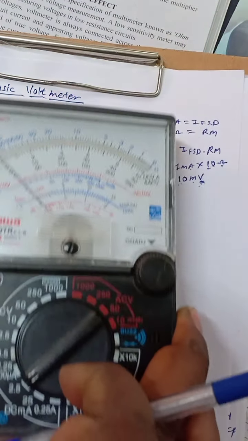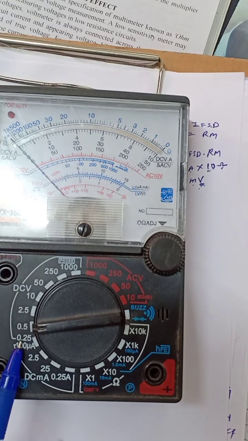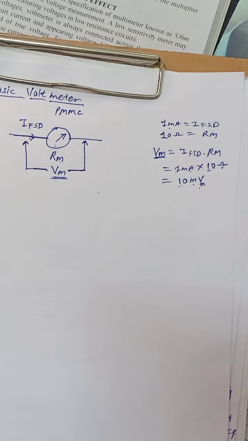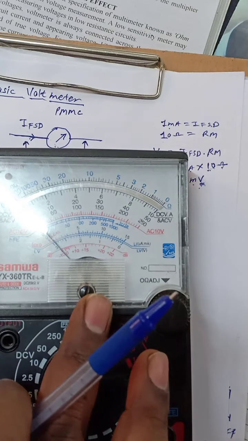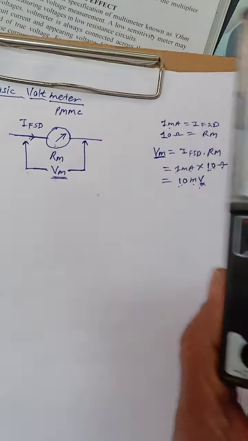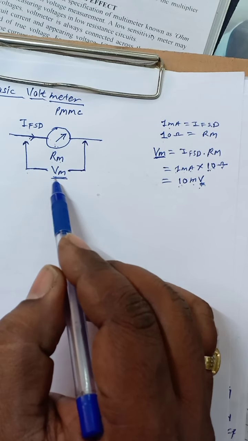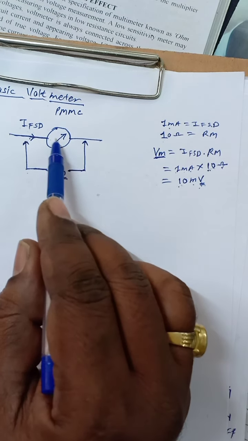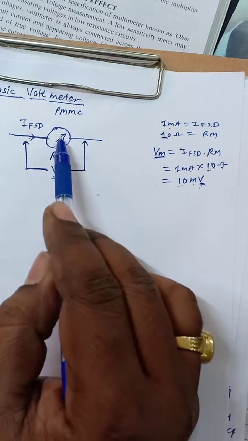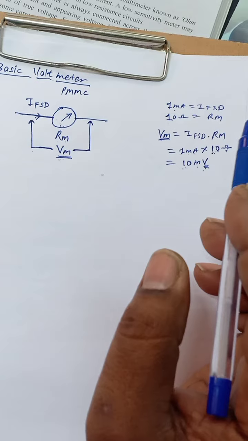So like that here also. Okay, so if we apply this 0.5 volt, it shows a maximum deflection. It means that this is the multimeter. Okay, so I am just giving the idea of this, it is not exactly the same PMMC, it is an already calibrated multimeter. So if we apply this 10 millivolt voltage here, then it shows a maximum deflection. That means we can measure up to only 10 millivolt voltage with this meter if 1 milliampere is IFSD and 10 ohm is the resistance.